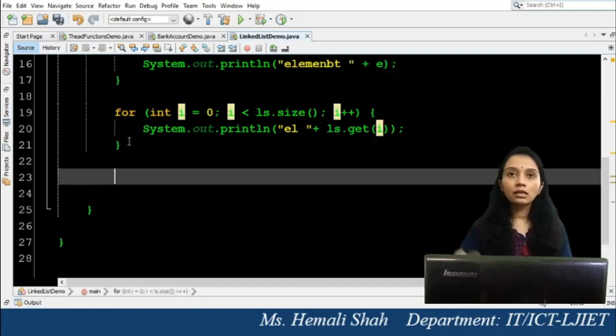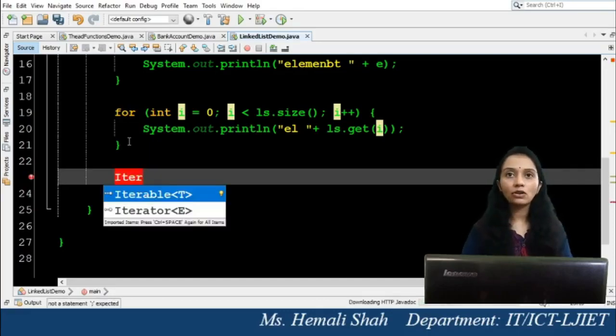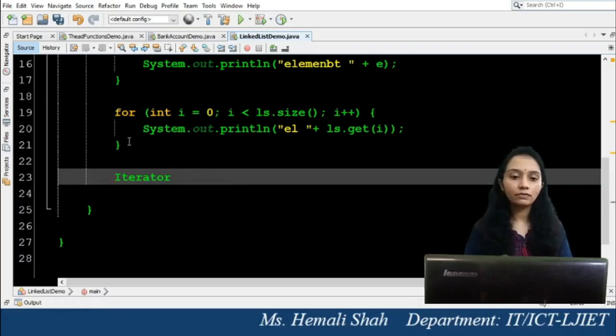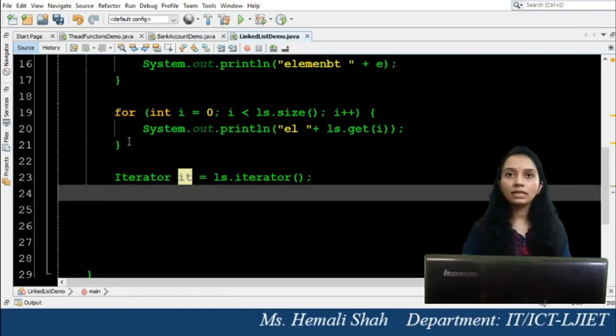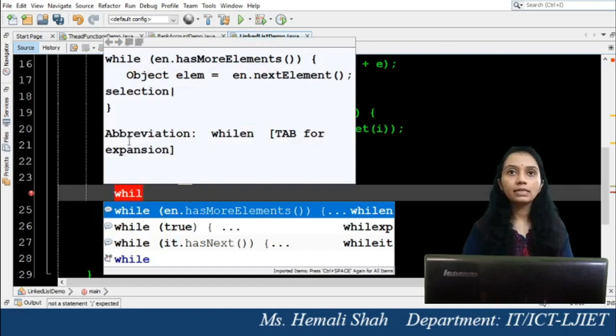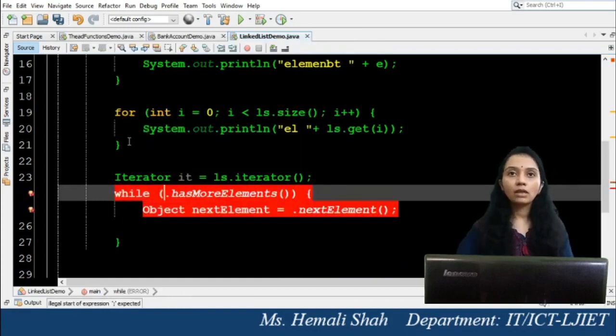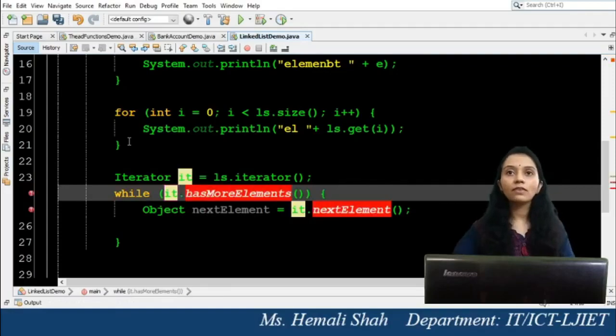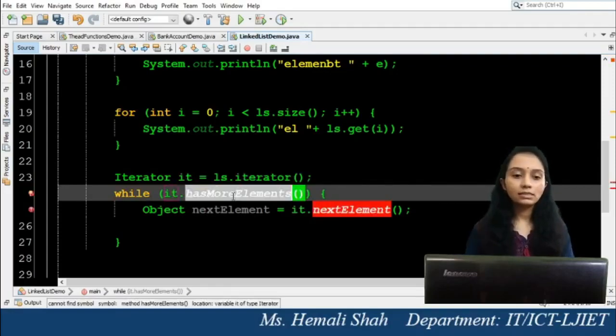Now another way is by using the Iterator. Keep in mind this Iterator is in your syllabus. Iterator is an interface. Now you can create an iterator element, and the reference will be returned from this collection object by calling the iterator function. Now after getting the iterator object it, you can create the while loop, and inside this while loop you can write the functions like this. Iterator has